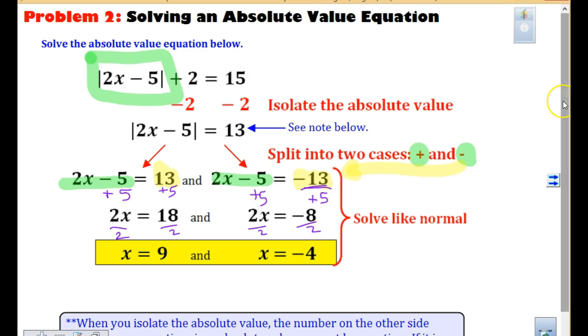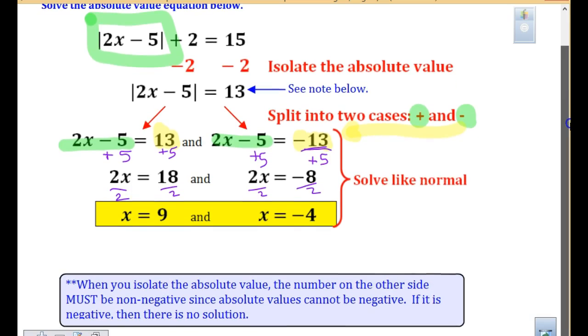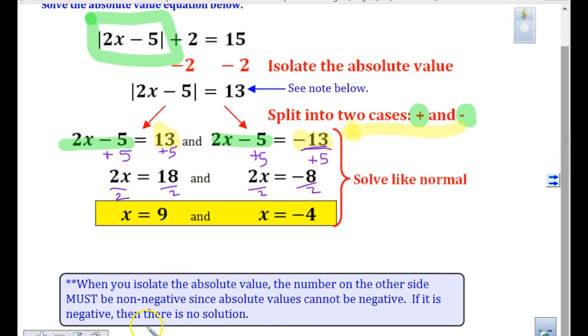And you're thinking, oh man, I don't think this works, right? So we're going to show you how that check works with both of these. So it says when you isolate an absolute value, the number on the other side of the equation must be non-negative since absolute values cannot be negative. If it is negative, again, that key thing, no solution, because you're going to see that sometimes. But if I was going to check this,